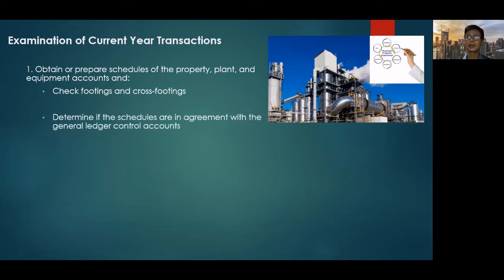Of course, yung mga mathematical computation doon. Determine if the schedules are in agreement with the general ledger control accounts. So yung general ledger control accounts, ito yung pinaka nag-a-appear dun sa financial statement, no? Okay, so titignan mo, of course, based on the working papers, if na-reconcile mo, no? So if it's in agreement, kumbaga,